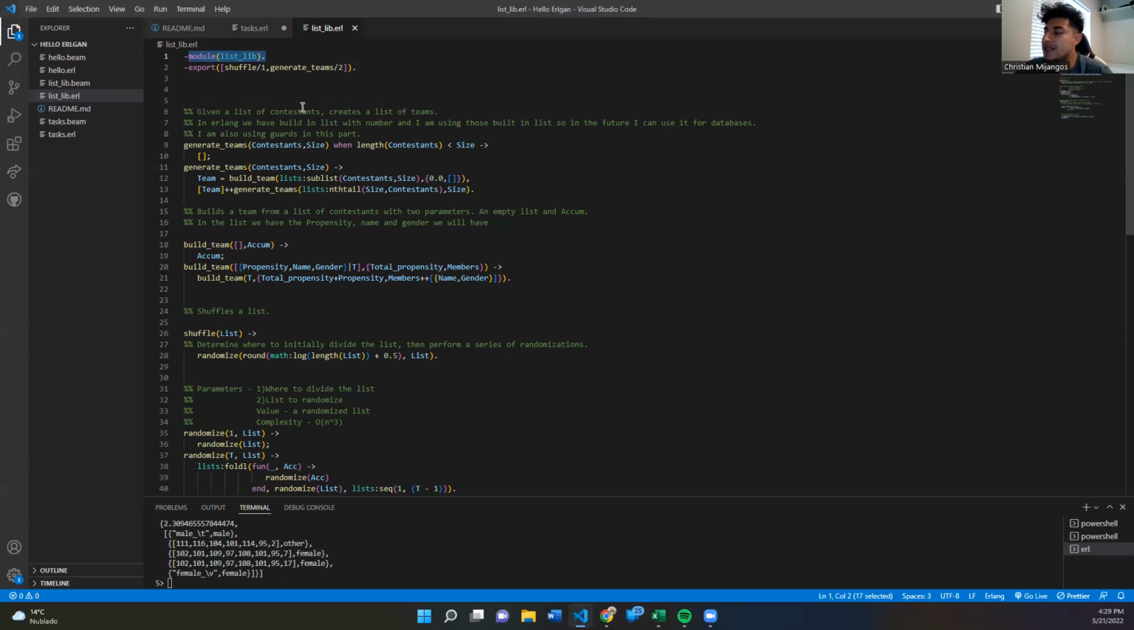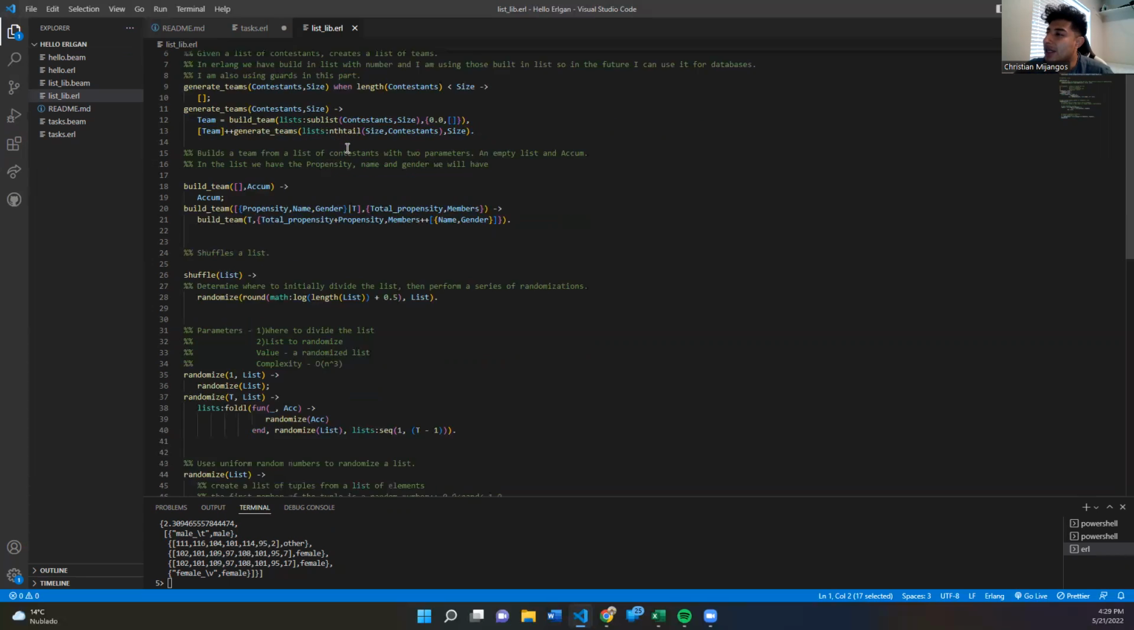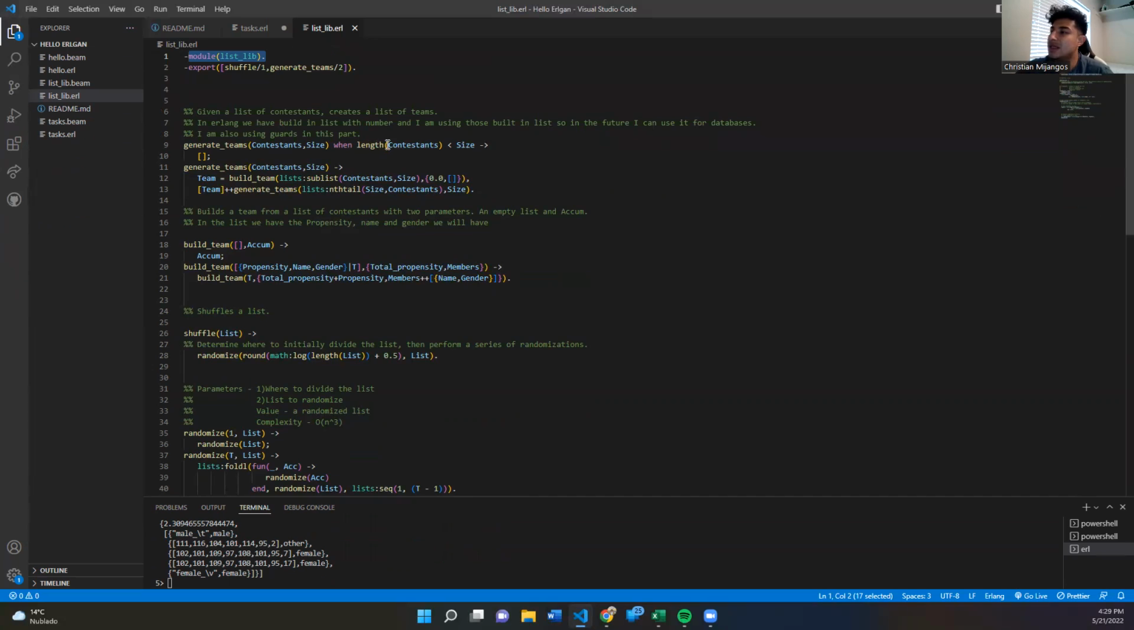As you can see here, I created this function generate teams, with two parameters, the contestants and the size. I use when length contestants. These are called guards, and guards are really helpful to manipulate functions. In this case, I use generate teams, and this is an empty list. Also, in Erlang, you have built-in functions and built-in lists. So I created here list, sublist, and just the contestants, the size, and the way this is going to be